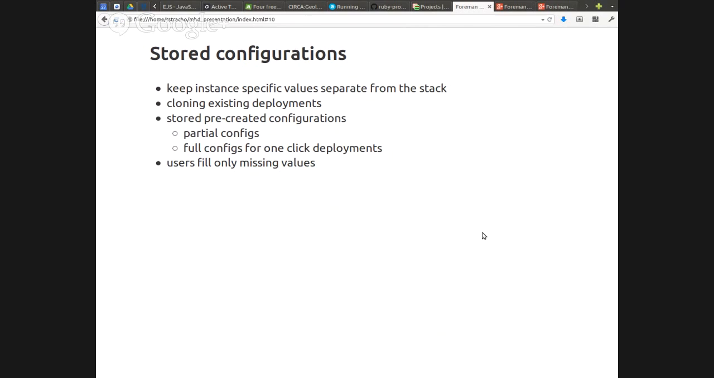One feature we would like to have is stored configurations. It will keep the instance-specific values separate from the stack, and it will allow for easy cloning of existing deployments, and even more, it will allow us to create or store pre-created configurations. It can be either partial configurations or full configurations, and users then can select a stored config when they start the deployment creation process, and it can result in even one-click deployments when it's fully configured. So it could be good for example,